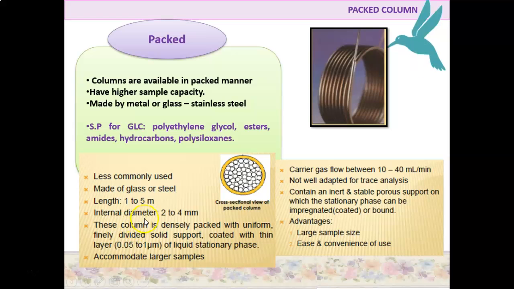It has an internal diameter of 2 to 4 mm, length 1 to 2 meters. This column is densely packed with uniform, finely divided solid support coated with thin layers of liquid stationary phase and accommodates larger samples. So the advantages: it can accommodate large samples and ease and convenience of